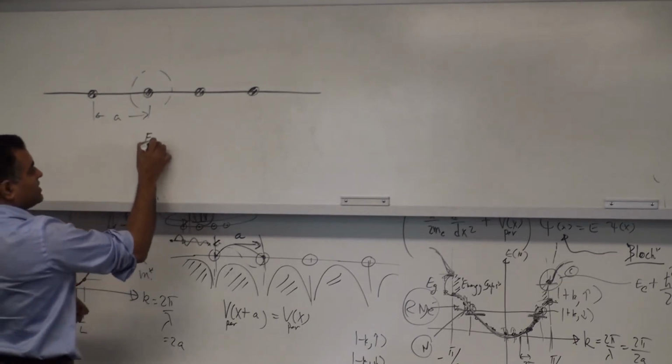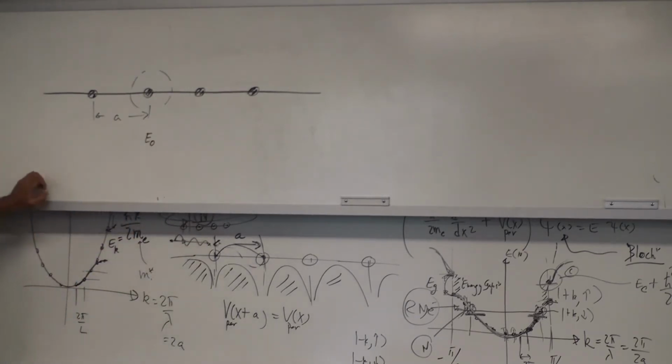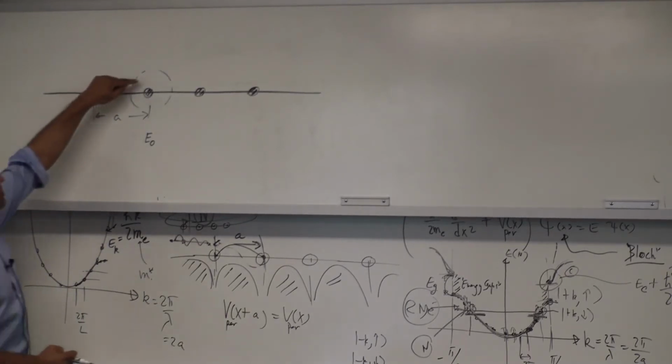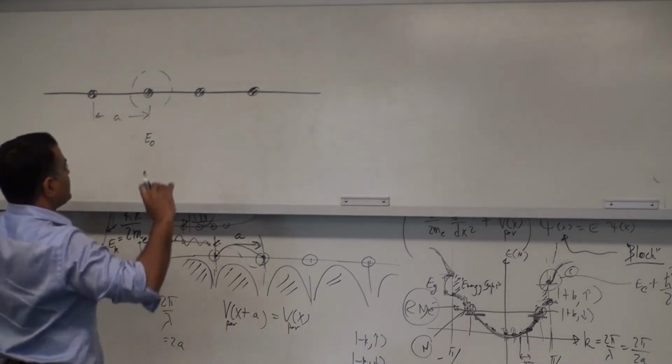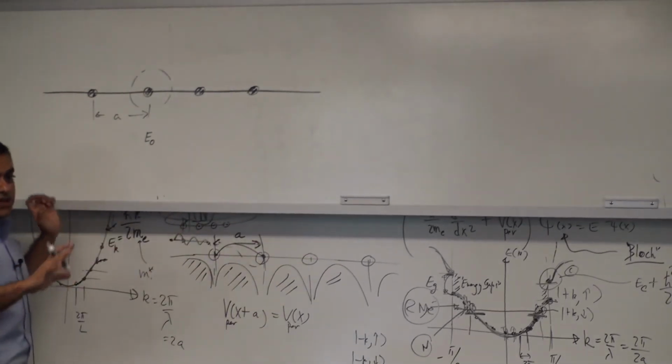I'm going to simplify this a great deal. This has a much more rigorous basis, but I'm going to say that if the electron was bound to that atom, it had an energy E0. Could be the ground state of the hydrogen atom, for example, or the outer valence state of a silicon atom, or carbon for nanotubes, whatever it may be. It had an energy E0 for an electron to sit on this atom and be completely unaware of everything around it, all the other atoms.